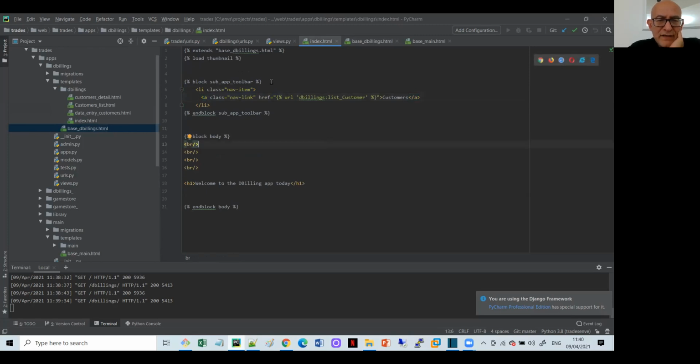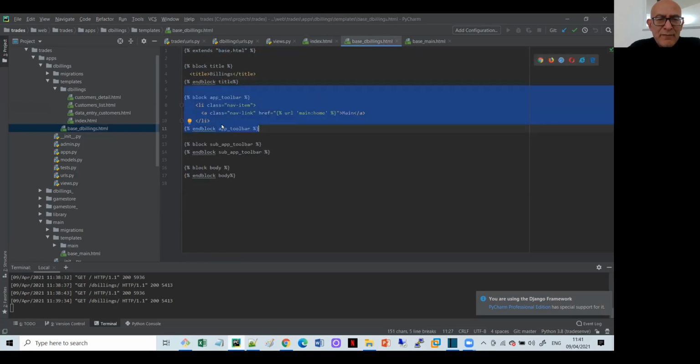Everybody got it? So it's like it's taking one over the other one. You know, the billings that I'm extending here, it is the base billings adding the main, extending the base,